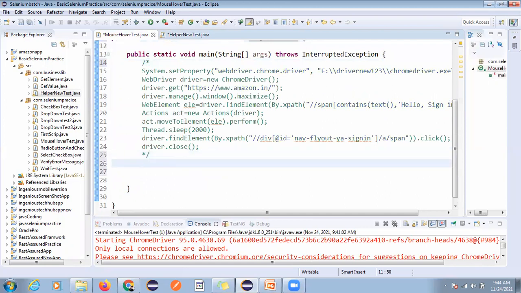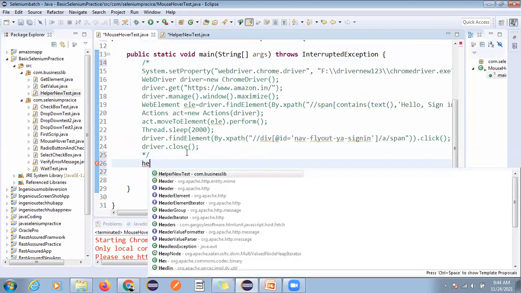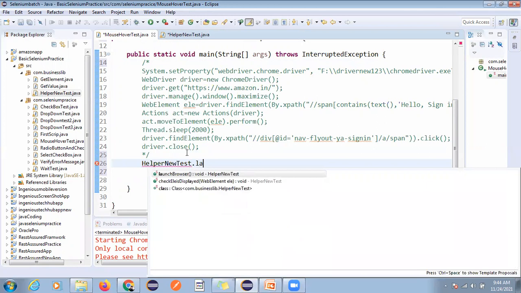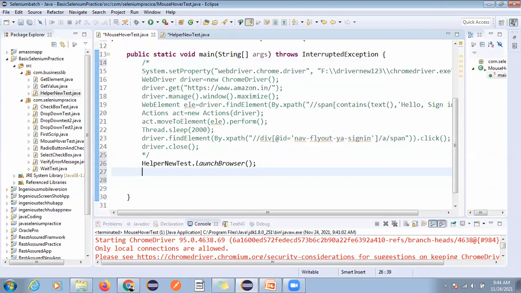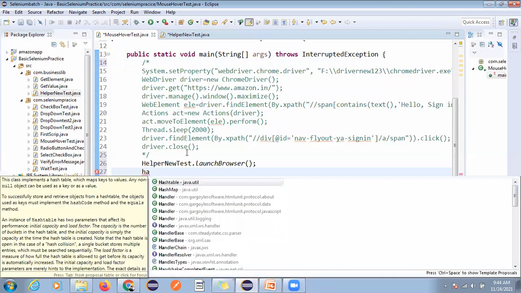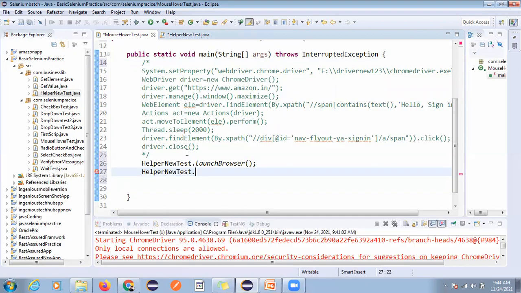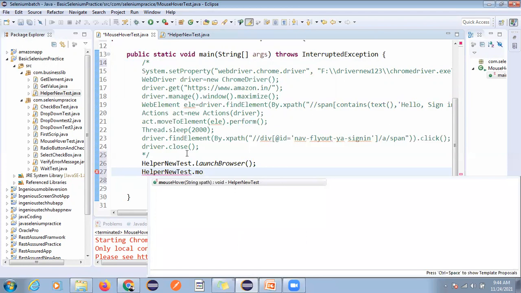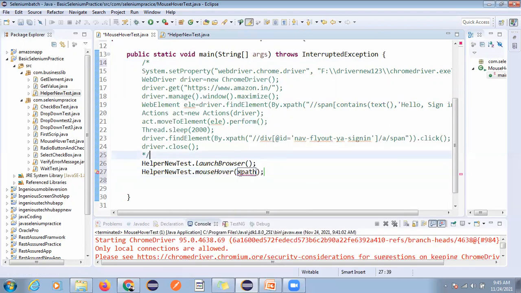Here, helper new test dot launch browser, and here I will call helper new test mouse hover.